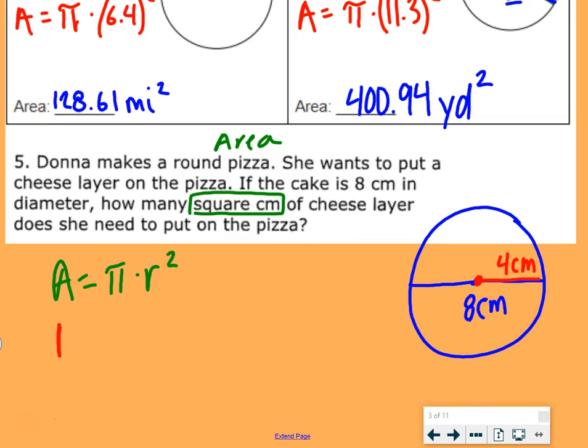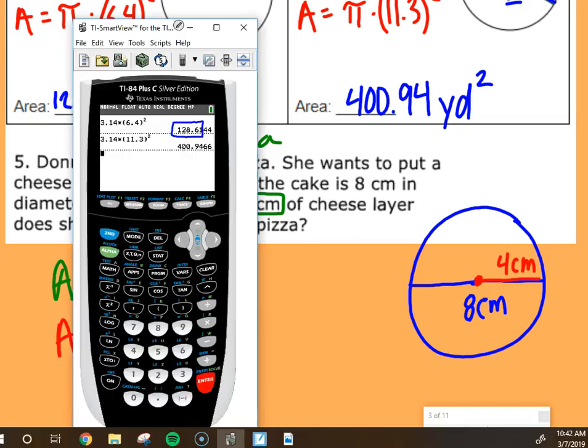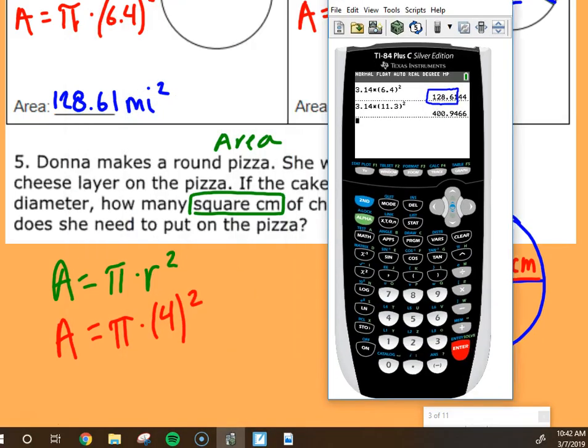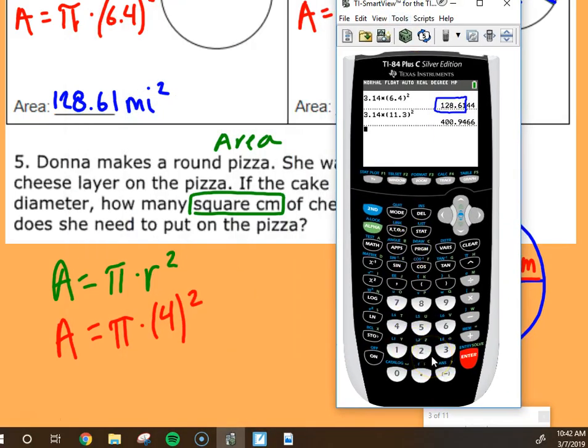So now we can plug in area equals pi times 4 squared and calculate that using our handy dandy calculator. So if we type in pi 3.14 times 4 squared equals